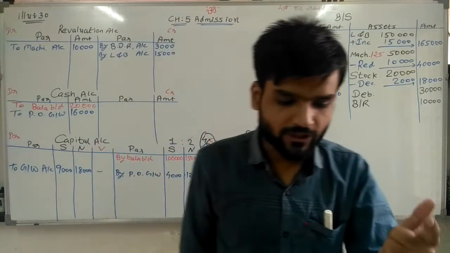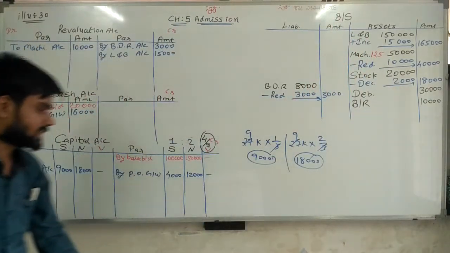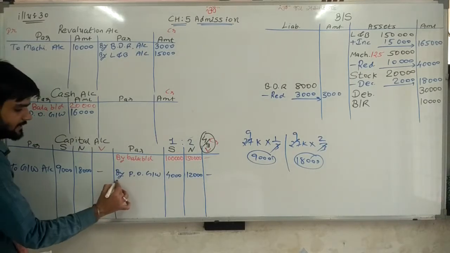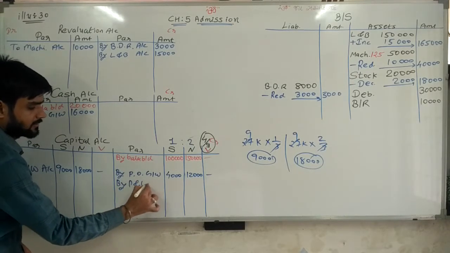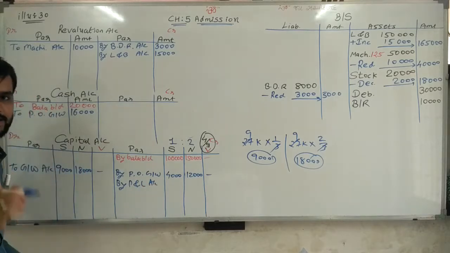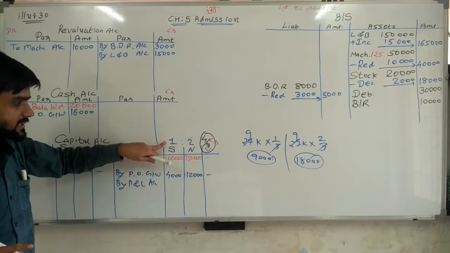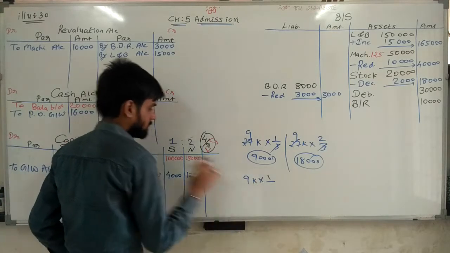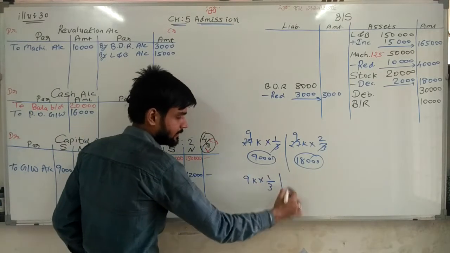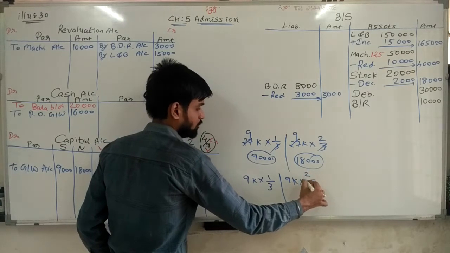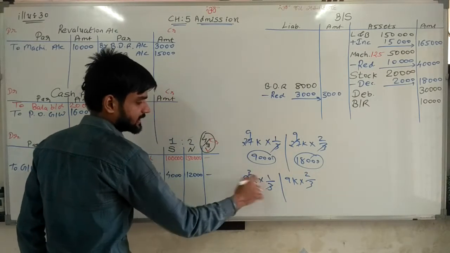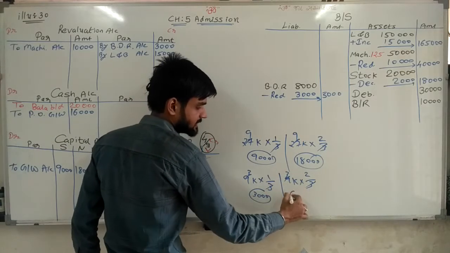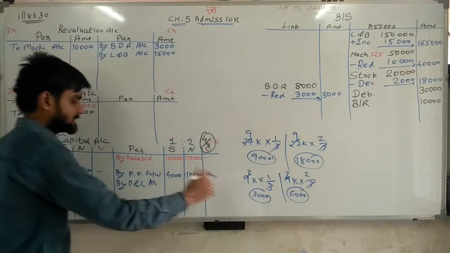Going ahead. Profit and loss account. Sir, profit and loss account 9,000 is given, distribute among the partners. Now 9,000 is distributed among partners in the old ratio. So 9,000 into 1 by 3, 1 plus 2 is 3. 9,000 into 2 by 3. So 3 3s are 9, 1 is 3,000. 3 3s are 9, 2 is 6,000. So 3,000 and 6,000 is the ratio.